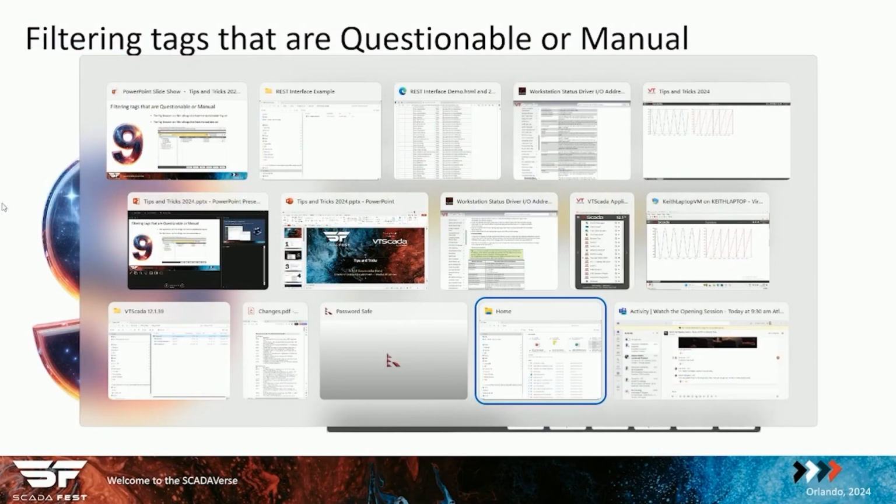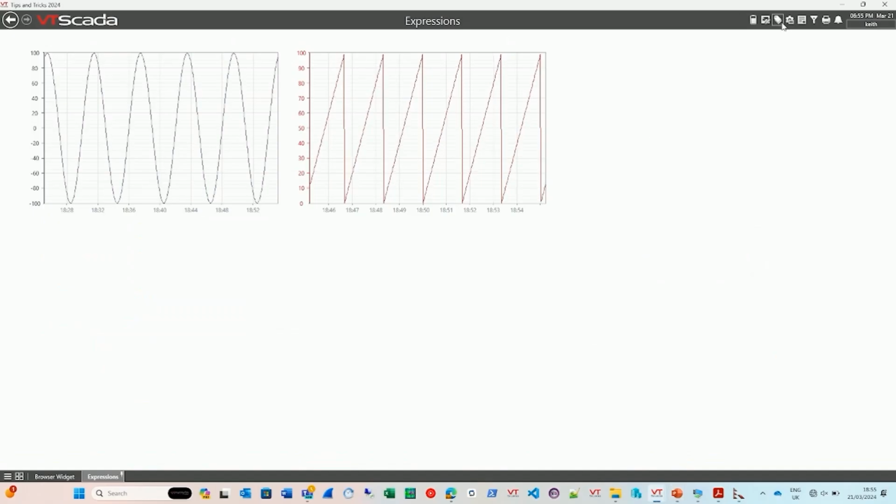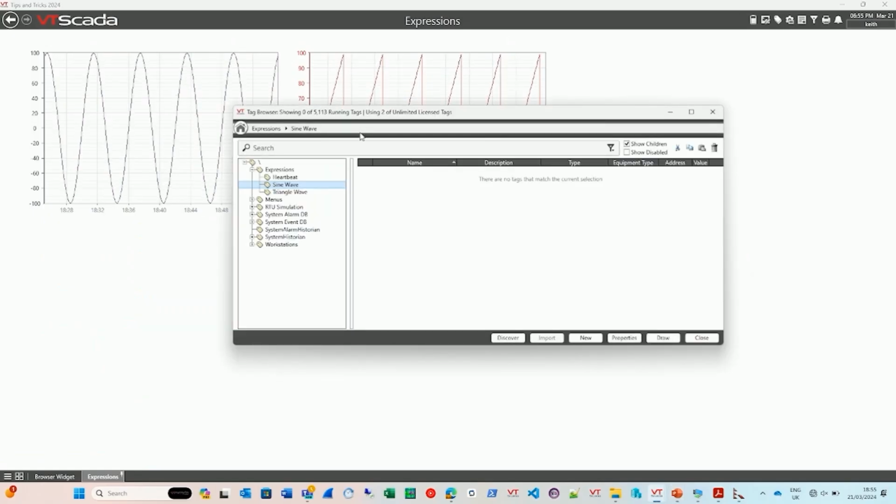If I go to my VTScada application, and I want to see all the tags that are... where on earth is my application? I've got so many windows open, it's hard to see. There we go. If I want to see all the tags that are still marked as questionable,